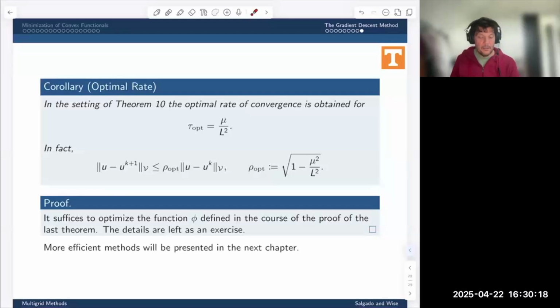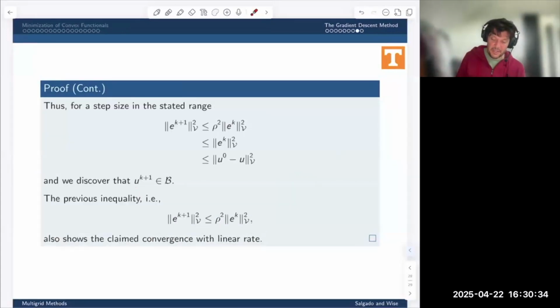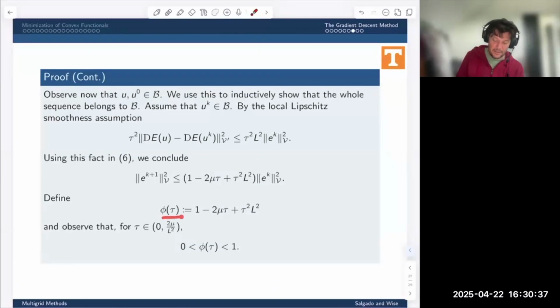Now, as I said, you can now optimize this to get the maximum convergence rate possible. Now, this is not necessarily optimal in the sense that it is the fastest convergence rate, but it's optimal in the sense that I can choose tau to make this as small as possible in this regime. Okay, and so if I do that, and by the way, I think I convinced myself that this also has to, yeah, my drawing was not correct. So